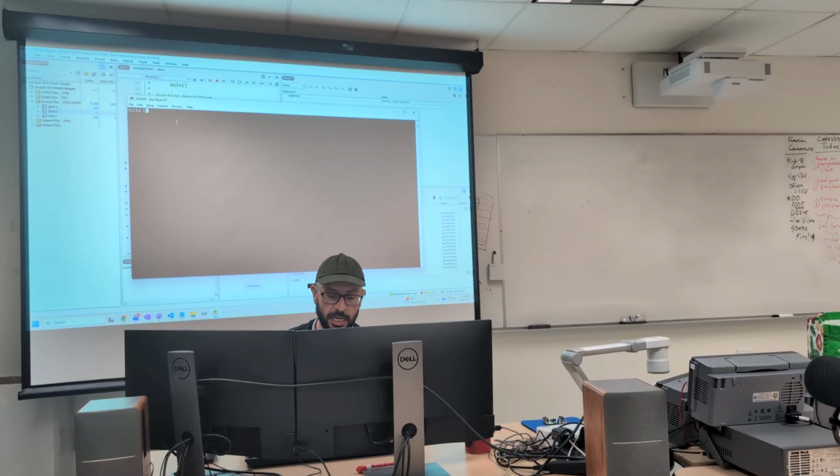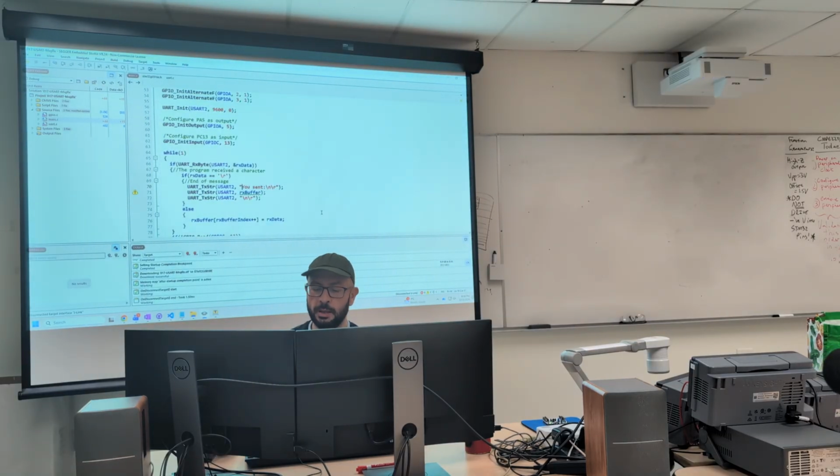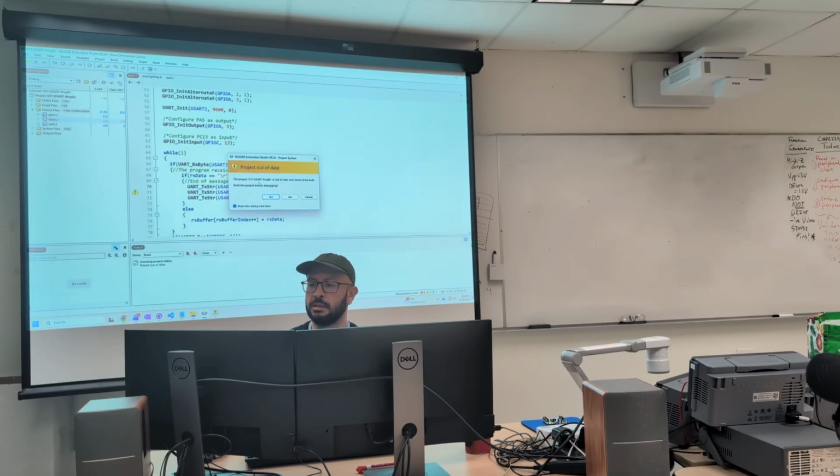Hello, CMPE 1250. Enter. You sent. Oh, well, it didn't. Why did it go to the same line? Now that's bothering me. Let me add a new line and a carriage return at the beginning, because I really didn't like that.